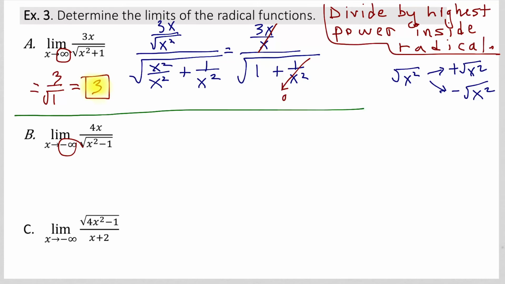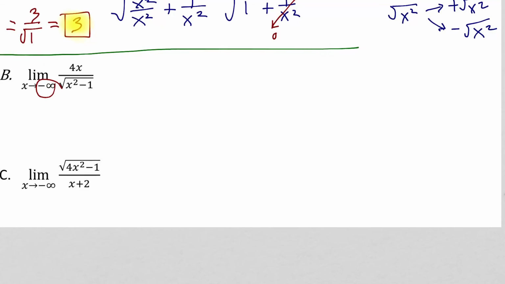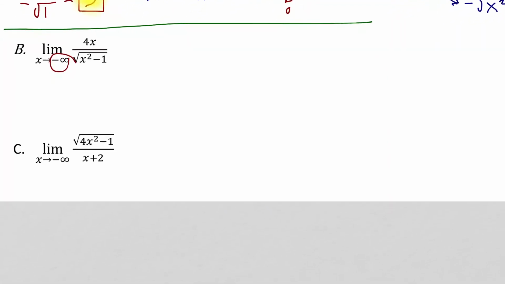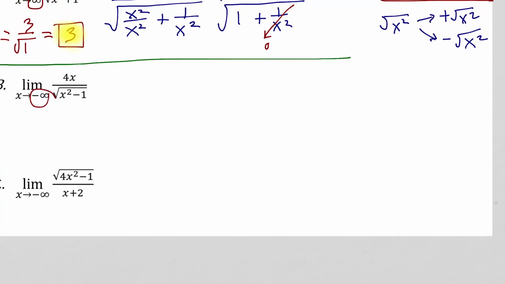All right, so now let's look at the next one. So we've got that x squared under the radical, so I'm going to divide by something, but this time I need to divide by negative square root of x squared because I will have a negative result. Let me just try to make sure you understand this. I've got 2 negatives underneath here, which means the square root of that, if I take that out, is negative x. All right? So in this case,